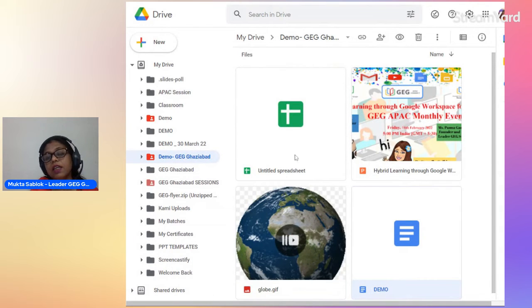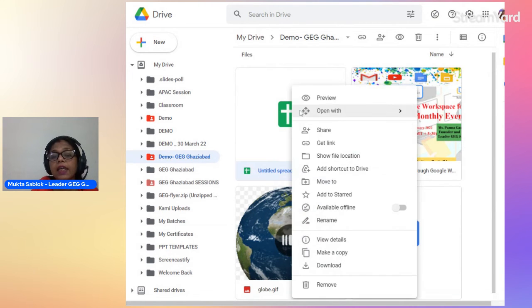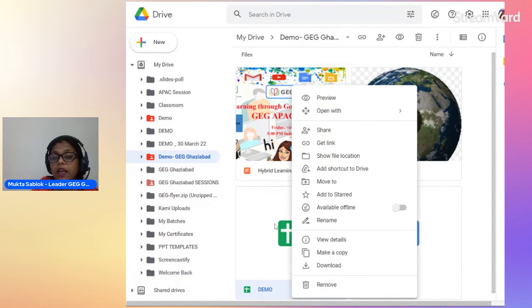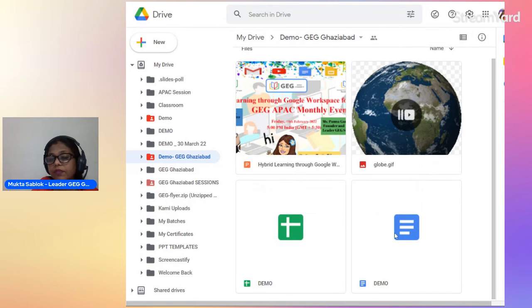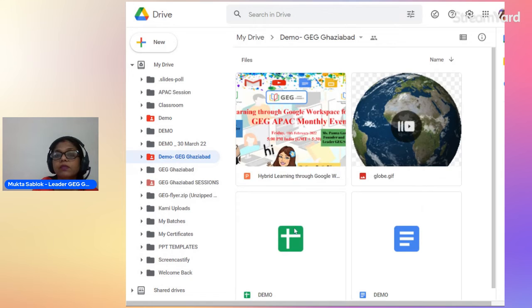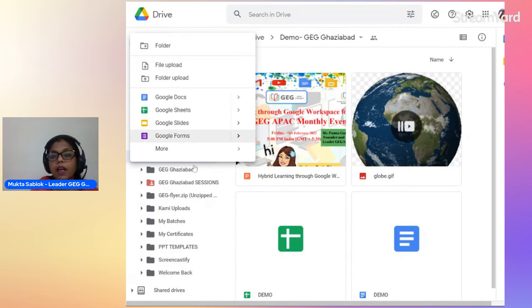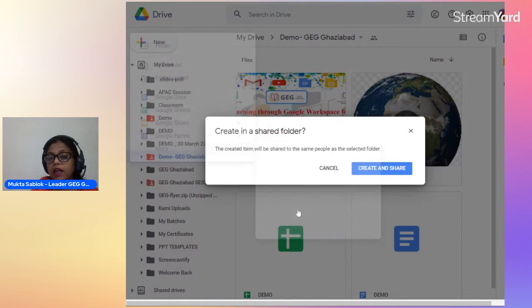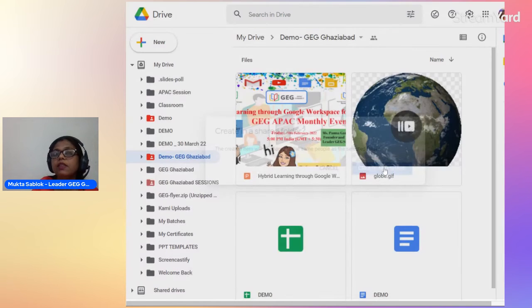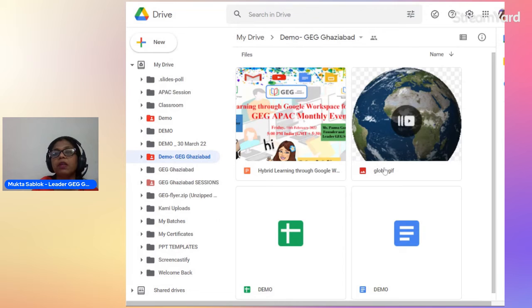See, here it is written untitled spreadsheet. I can rename it by right clicking over here and giving it a name. I can click a Jamboard. Again, this is showing me.